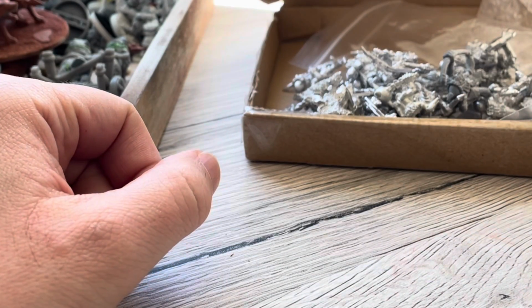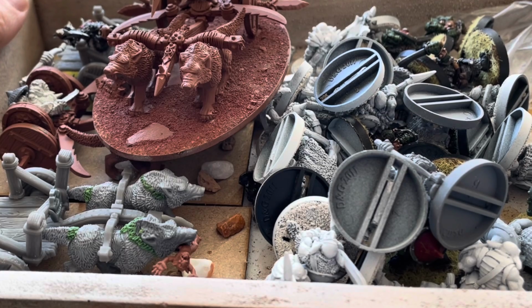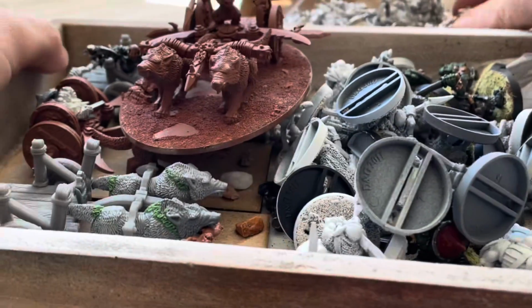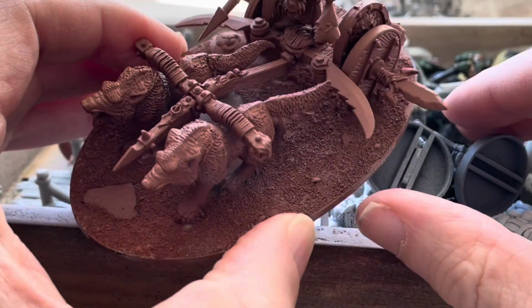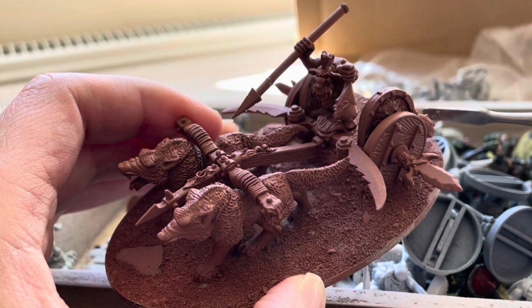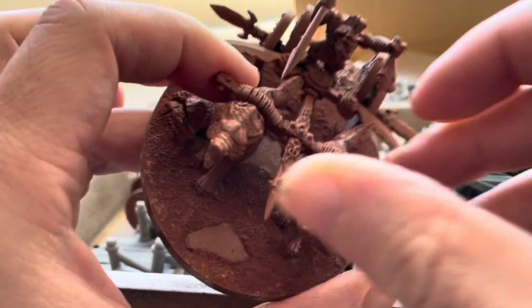And as we're at it, I thought to myself, this is a kind of slow burn project, which I've got sitting in the garage, and now would be an apposite moment to pull it out. I suppose we can do a bit of size comparison as we go. So, basing is always the bane of my hobbying life. So, when Age of Sigmar came out, I based a load of my goblin chariots for that, and then realised